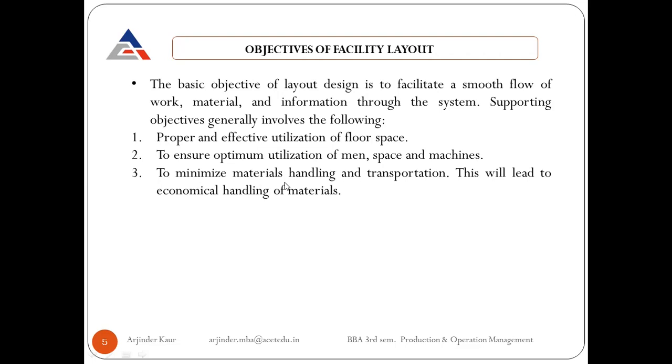So facility layout is decided in a manner to ensure the smooth flow of material, and this is done with the objective to cut down the cost of material handling. Because if we are doing the work in a sequence, then maybe we can make use of the conveyor belt. We need not employ people to move material to and fro in the organization. So this way our cost will be cut down.